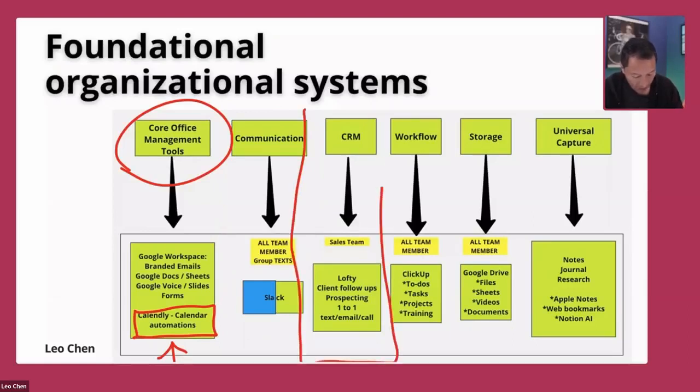Then we have our CRM. Every single agent should have their CRM. And at Rio, we use Lofty. So it's very full featured, but you'll need to be able to organize your CRM appropriately to be able to text, email, and call right out of the platform. So that means you can pull up a list, text, email, and call, and that way it makes your follow-ups extremely easy.